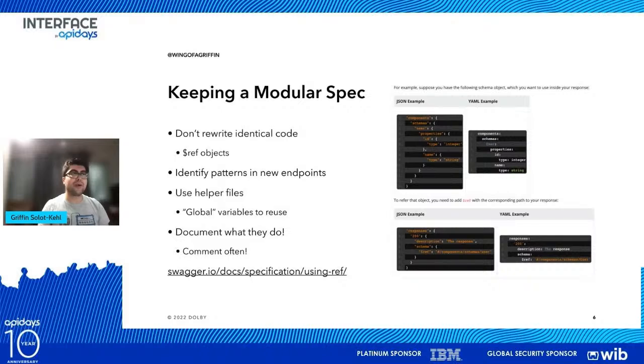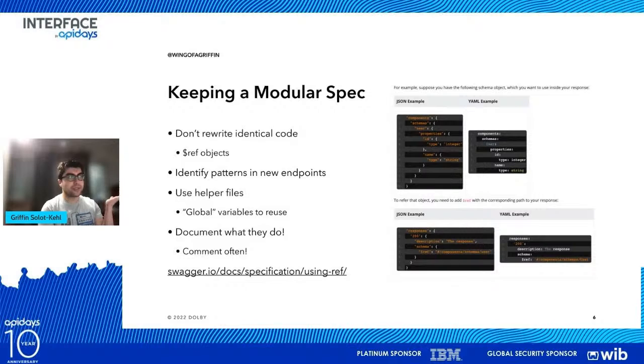So on the right is the actual Open API documentation showing you how to do it, both in JSON and YAML. But this is going to help you identify patterns in new endpoints. So for example, if you're going to have an input parameter or an output parameter that is going to take the same format the entire time, make sure that the names and the descriptions and just the way that it accepts the content is the same, unless there is a specific exception.